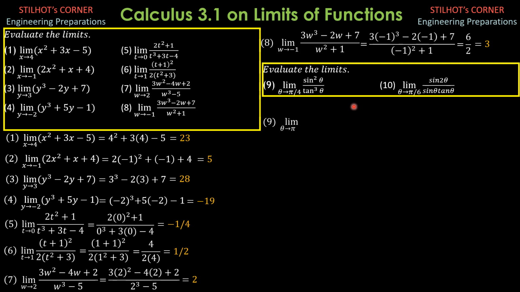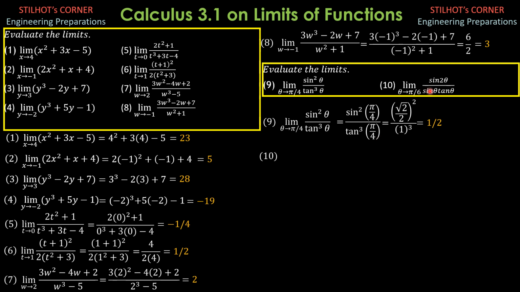So the limit of sine squared theta over tangent cubed theta as theta approaches pi over 4 is the quantity square root of 2 over 2 squared, all over 1 cubed. So the denominator is still 1. All you have to do is evaluate the numerator. Square root of 2 over 2 quantity squared is 2 over 4, or 1/2. So the answer to this is 1/2.